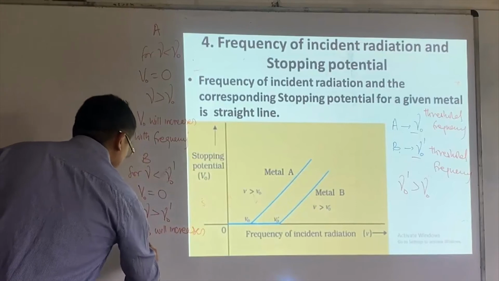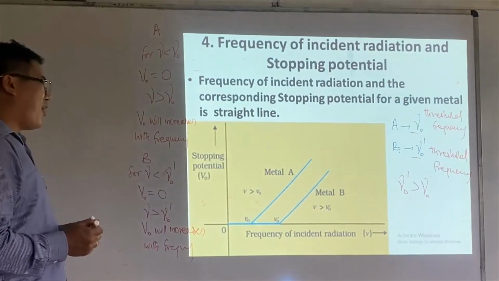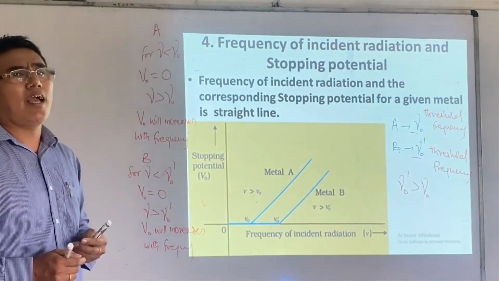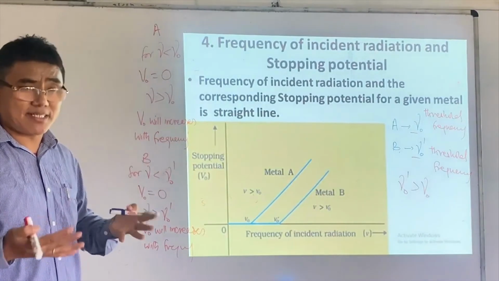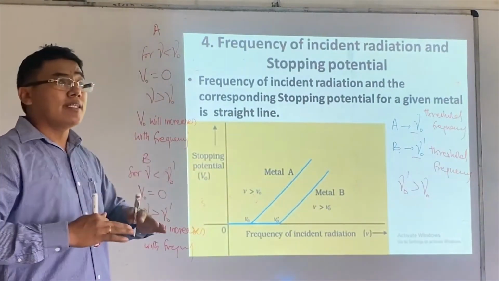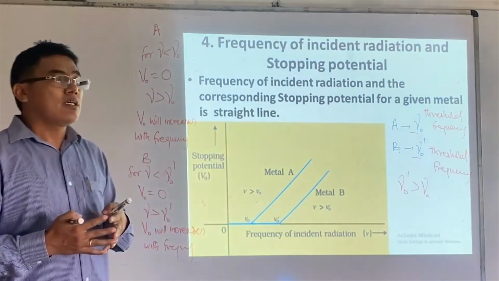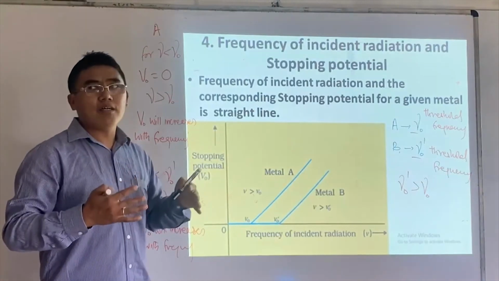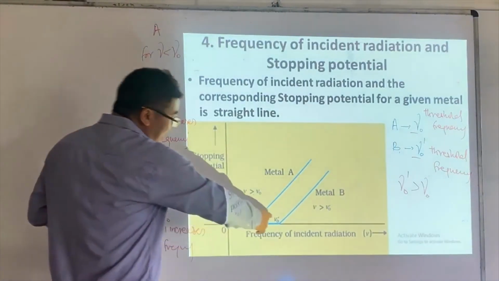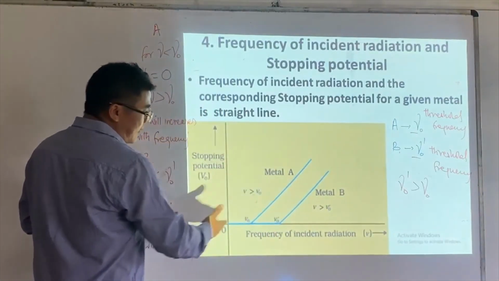Will increases with frequency. So that's the point, right? So threshold frequency tells about the nature of a metal surface. If a threshold frequency is lower or smaller, then the metal is more sensitive. If a threshold frequency is higher, the metal is less sensitive. However, once the frequency is more than threshold frequency, how it increases